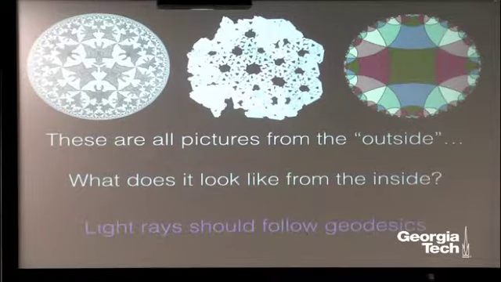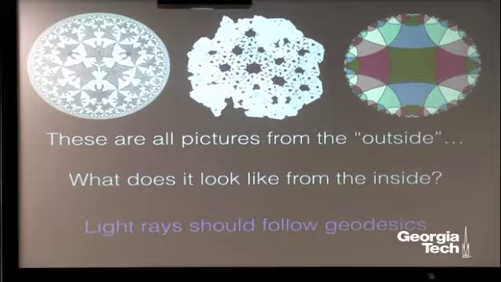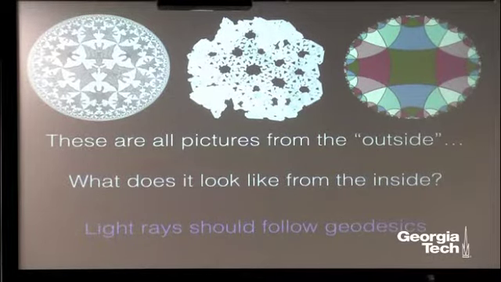We're going to say that light rays should follow geodesics. So let me unpack that for you. You can imagine in our space, the way I see things is there's a photon that is coming out of the projector. There's one that's going to intersect my eye. It's going to excite some molecules in my retina. My brain processes that, and I say, oh, there is some light coming out of the projector. So when the space is curved, we still want photons to do the same thing, but they're going to follow a different principle. They're going to want to follow the shortest distance between 2 points.